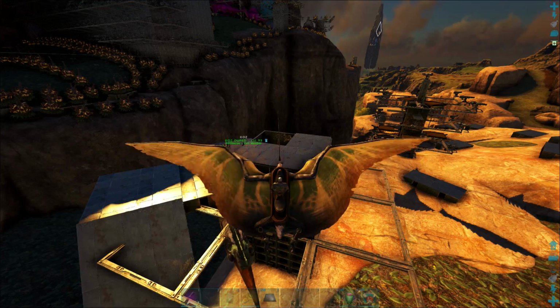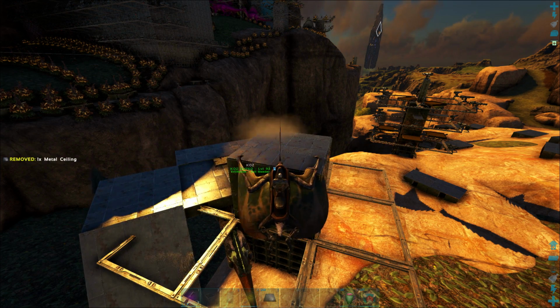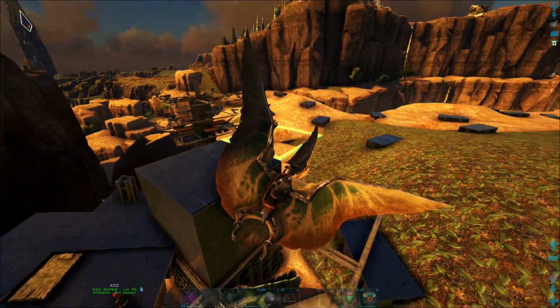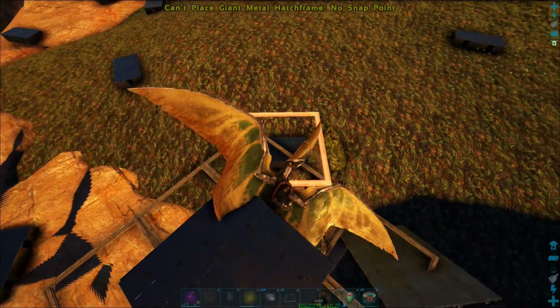Alright, I'm getting used to this Tapejara building. It is not very effective, but I was too lazy to go get anything else. So, you know, it works. Now, we need to put these hatch frames all around. Does it go right there? I want to get it on the...